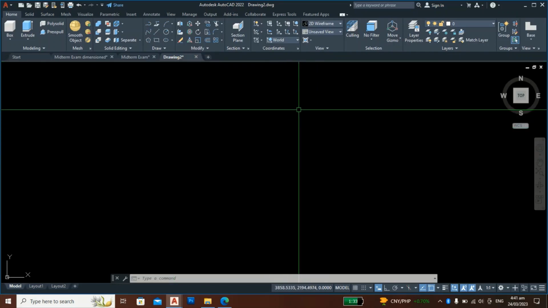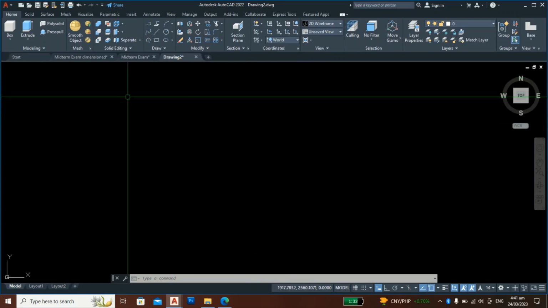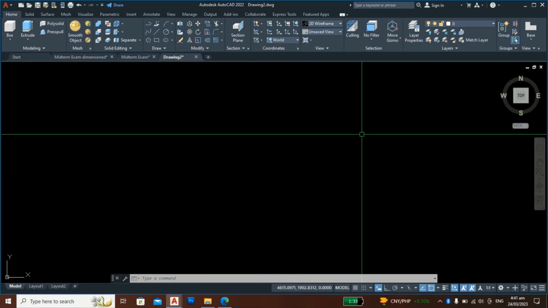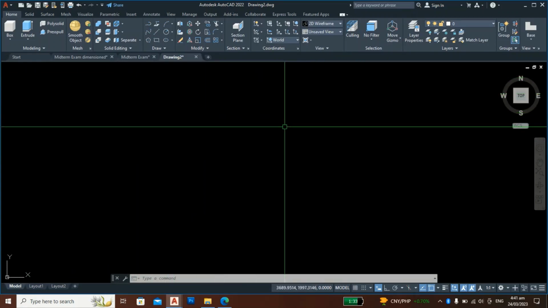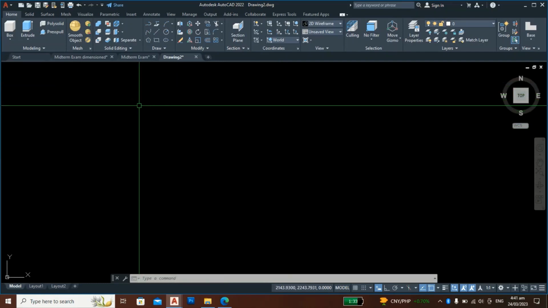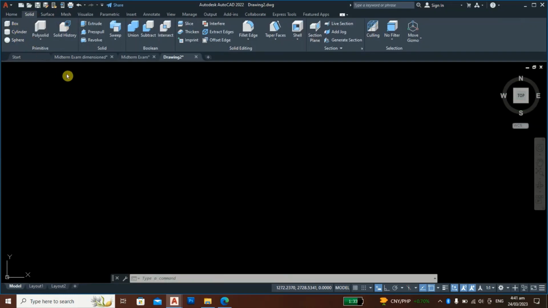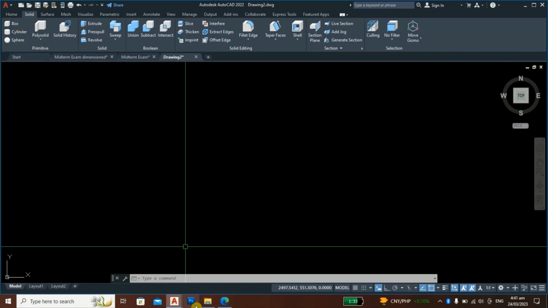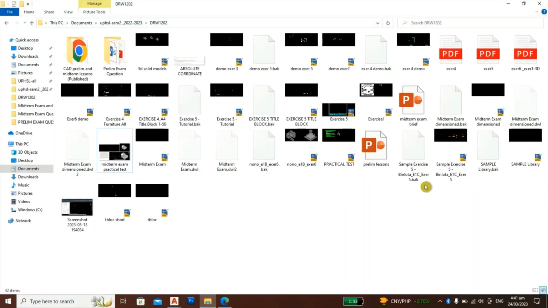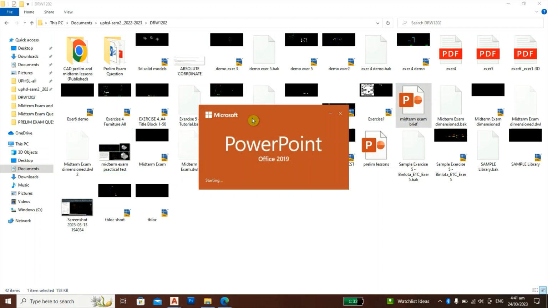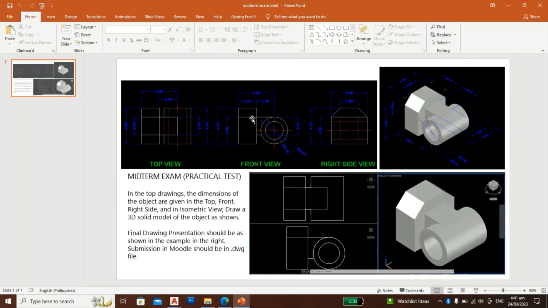Okay, so let's begin. Again, there are several ways to create 3D objects, but as I said, we start first with these solid modeling commands. So we start with box. Okay, so check again the drawings for the dimensions. Okay, here,